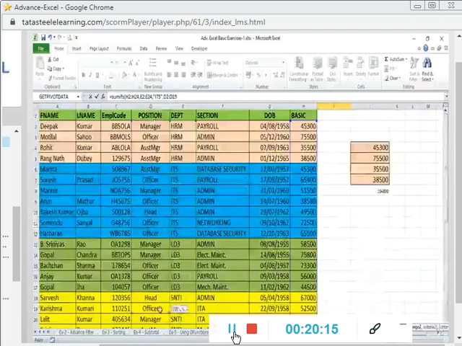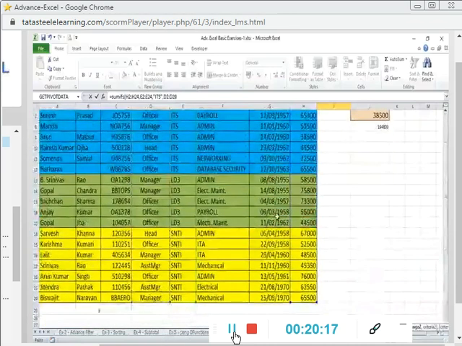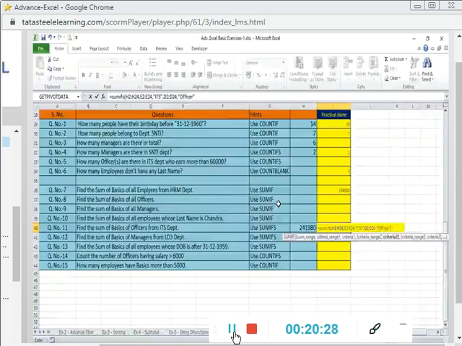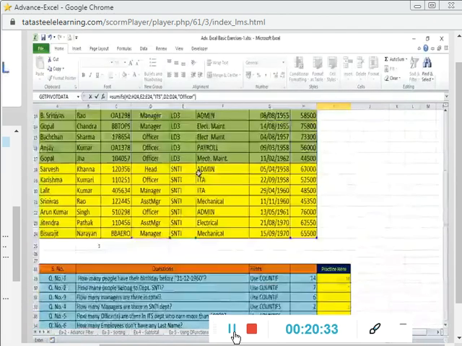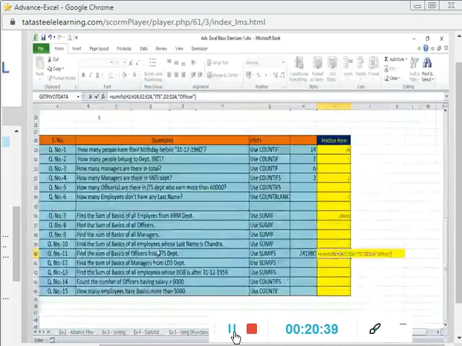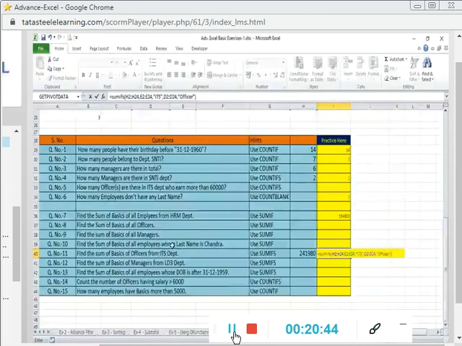is position. Put a comma once again, and within the double quotes, this time you will write officer, not officers. Question says officers, but here you will have to write officer. The same spelling you will have to follow, which is mentioned in the database. If you make a mistake in the spelling, where most of the people make a mistake, so I am cautioning you to be careful while writing the spelling. So press enter key at the end and you will get the result.